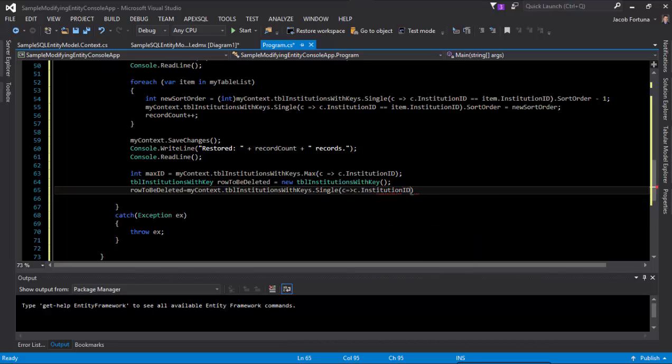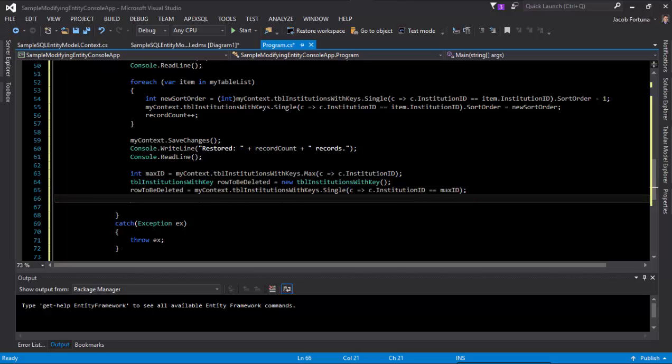Institution ID is equal to the max ID that I created. So we're grabbing the institution ID where it equals that max value. And once we have that row that we found that we want to delete, we can simply say my context dot table institutions with key, and there's a remove command, and we'll go ahead and remove that row to be